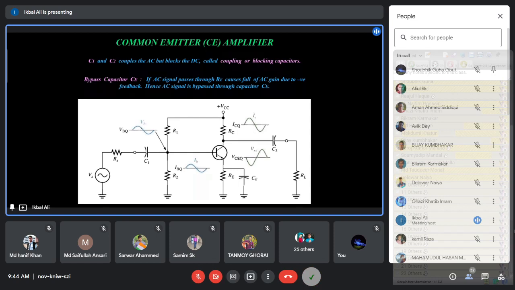What I have discussed is the qualitative discussion of the amplifier: how the circuit actually amplifies, how the transistor amplifier circuit actually amplifies a signal. That is a very basic and conceptual discussion. I hope you have understood it. At least you require this. Unless you know these basic thoughts of how a transistor circuit amplifies, you cannot analyze the circuit. Or if you analyze the amplifier circuit, that will be a mechanical analysis.